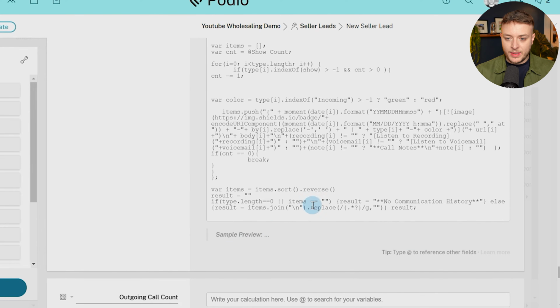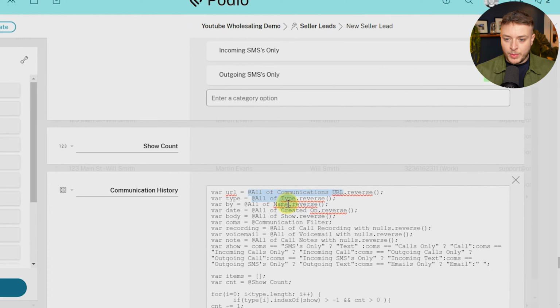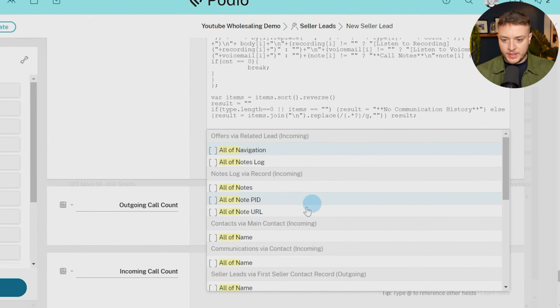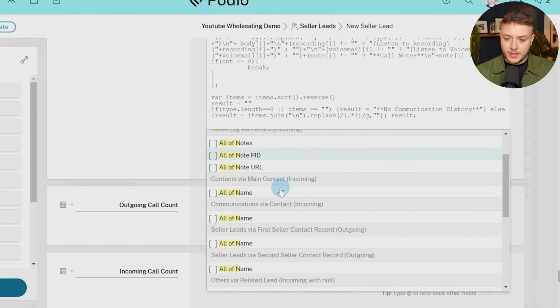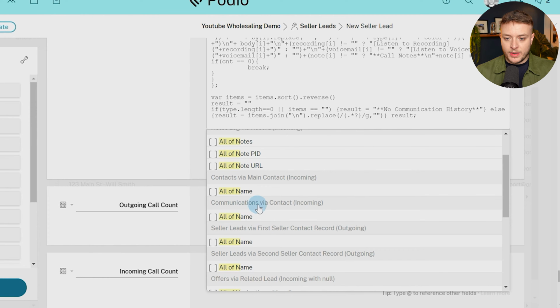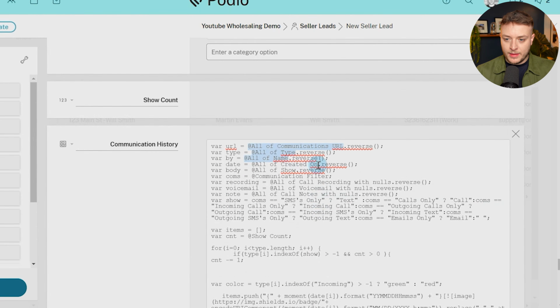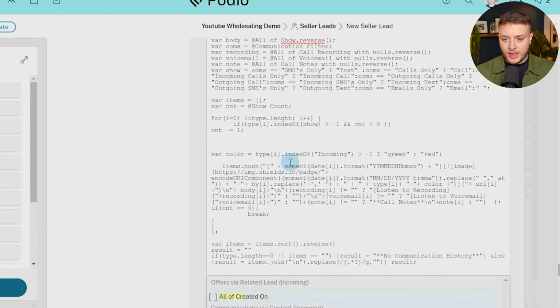And then hit OK. So then we want all of name. Then we can scroll down. So you can see I have a few other names, but we want the one that's under communications via contact. Name, then all of created on